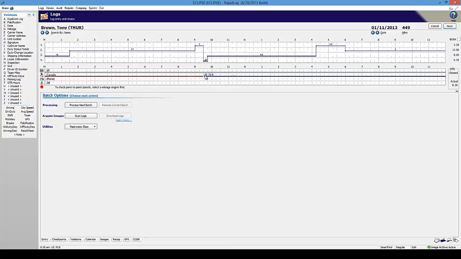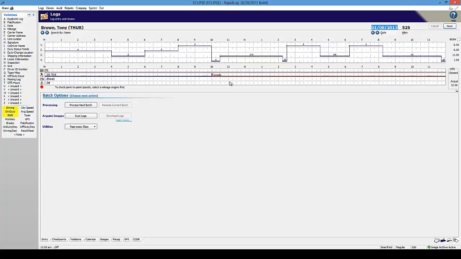And by doing this, you'll ensure that your drivers are compliant in both the US and Canadian regulations depending on where they're driving during a particular period of time. Now, another nice feature in the system is the Team Drivers feature, and that can be found on the truck icon time bar right here. So let's say we have two drivers that are on a team and we want to make sure that they're not driving at the same time. What we'll do is we'll add each of the team drivers to a given truck, and then the system can make sure that those guys are compliant